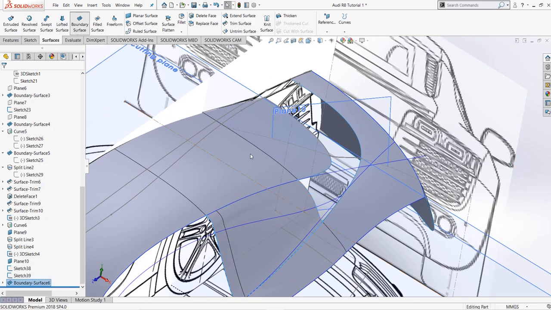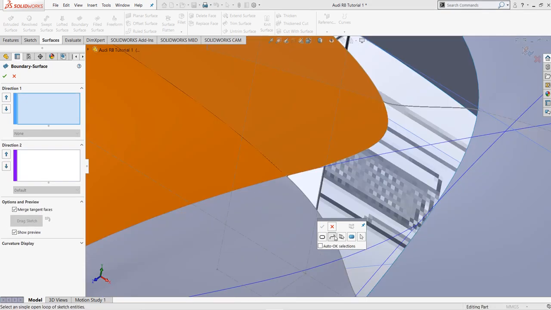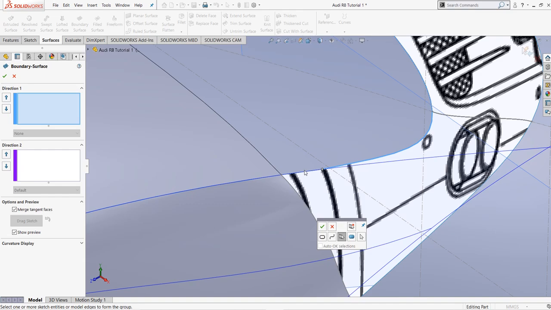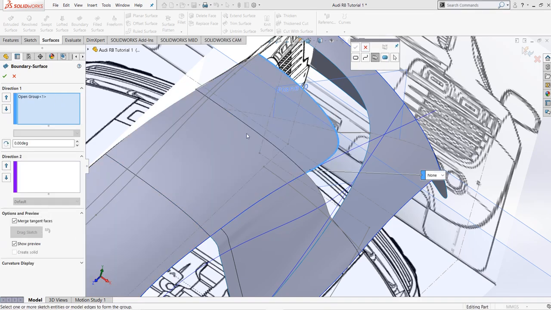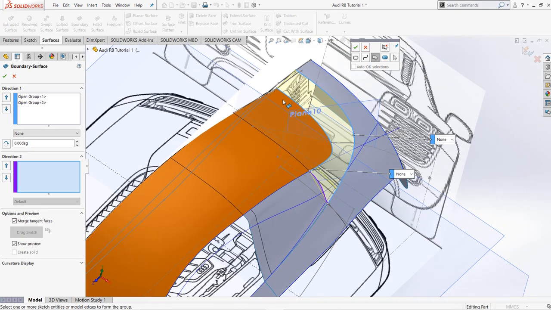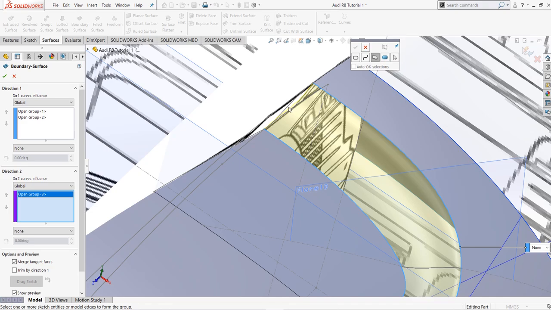Now go to boundary surface and select these two curves, click this open curve and select these two things, this curve and this curve, click OK. And this one and this curve, click OK, and select the direction as this curve and this curve.